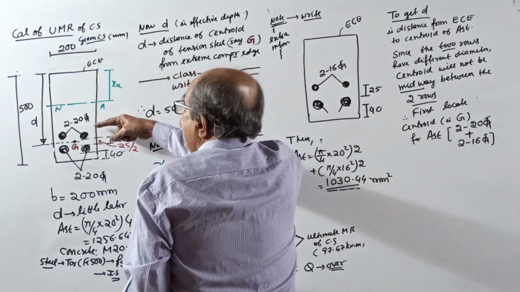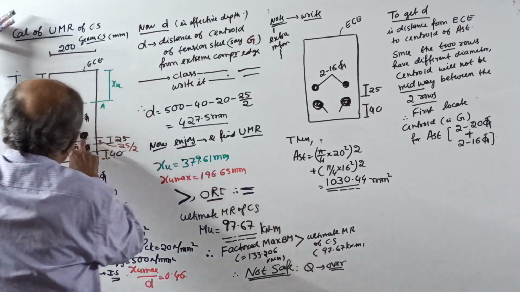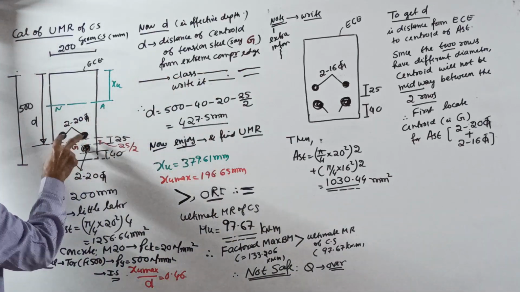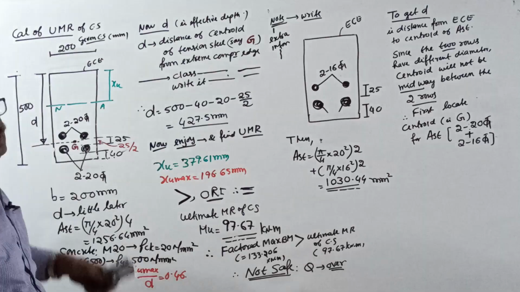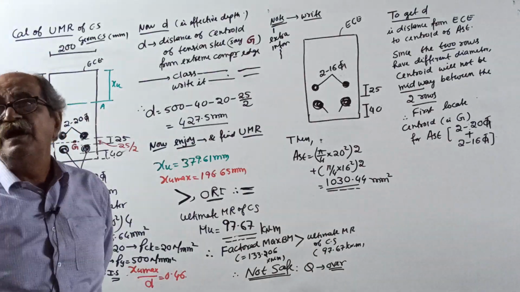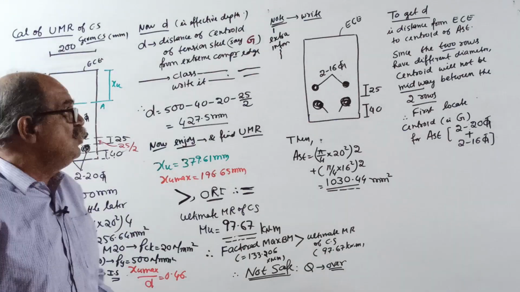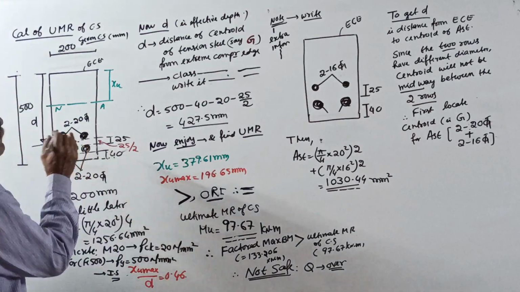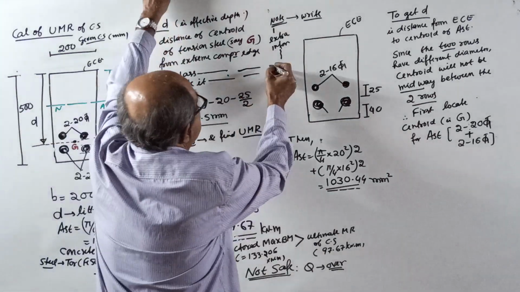In the question there, 4 bars are given, 2 of 20, 2 of 20. Both the rows are having same number of bars and are of same diameter. So, centroid will be exactly midway. Right. But